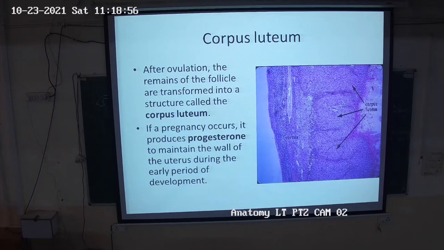The corpus luteum of menstruation has a life of around 12 to 14 days, and the corpus luteum of pregnancy has a life of 3 to 4 months, up to 5 months. Its function is to secrete progesterone. After 4 to 5 months, the progesterone in the pregnant woman is secreted by the placenta itself. After that it dies off and forms a scar tissue known as corpus albicans. It is a fibrotic tissue, and its scars remain over the surface of the ovary.